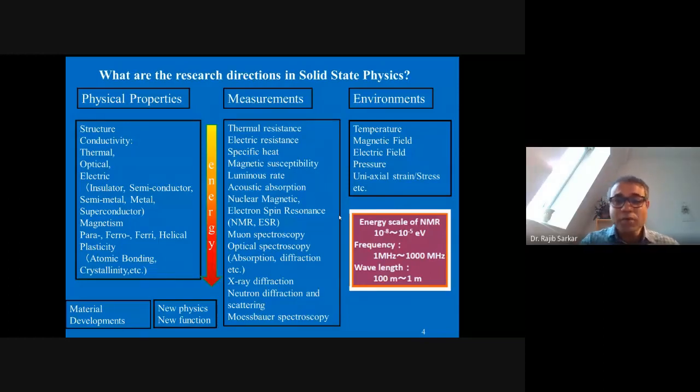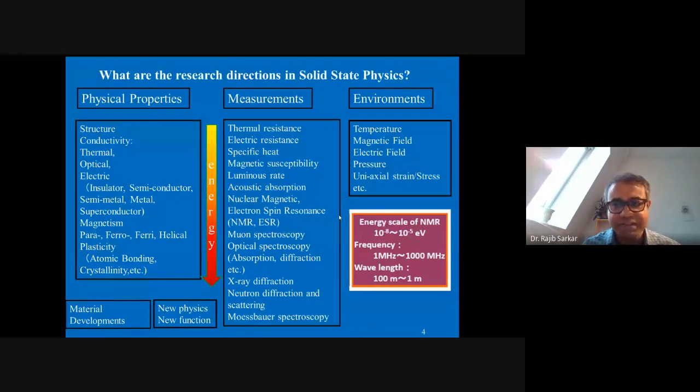So when you are talking about neutron scattering or neutron diffraction, you are talking about energy scales in the milli-electron volt. But NMR is located in the energy scales of a fraction of a micro-electron volt. That one should really be known, because your frequency range varies from 1 megahertz to 1000 megahertz or so. And then, as I already mentioned, you vary the environment of the